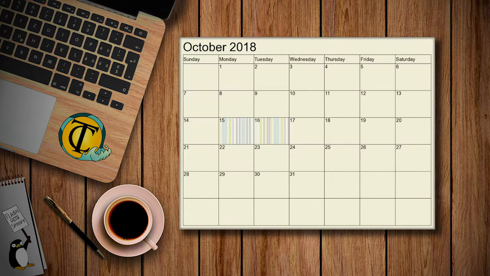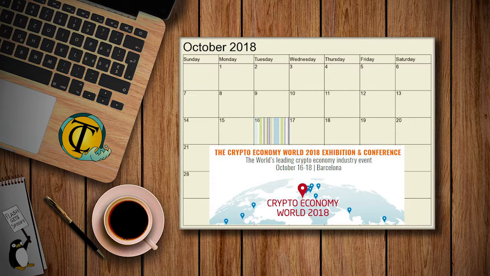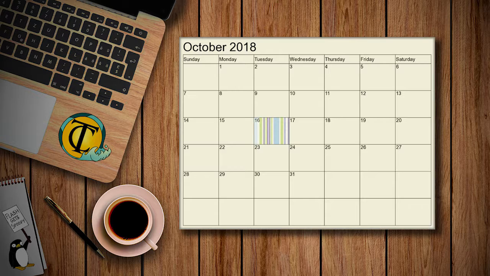Next up, we have October 16th, Tuesday, and we only have 1 conference there, the Crypto Economy World Conference happening in Barcelona, Spain. As said, that's all we have for Tuesday, October 16th, and for this Crypto Coffee update, check below in the